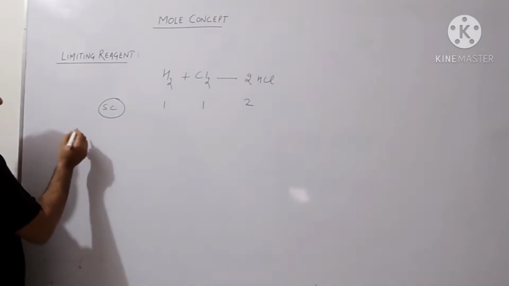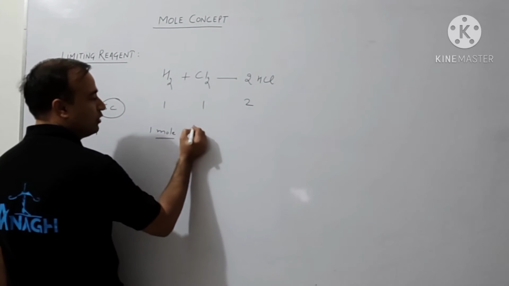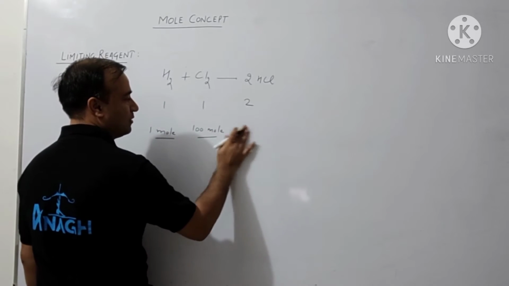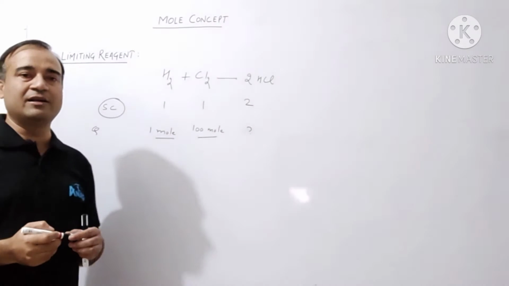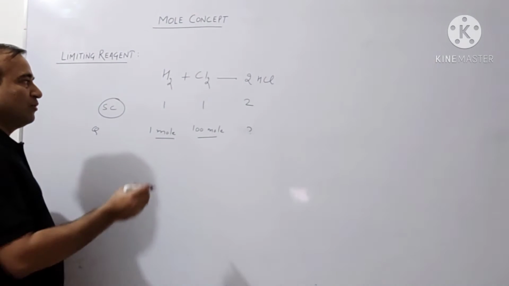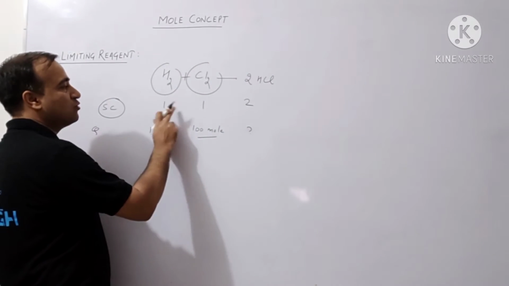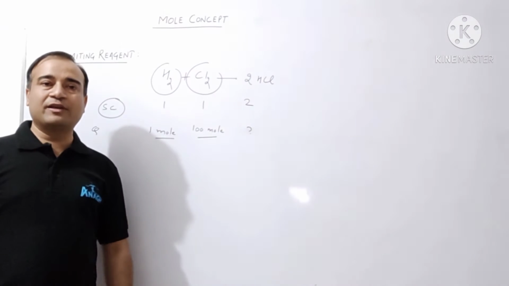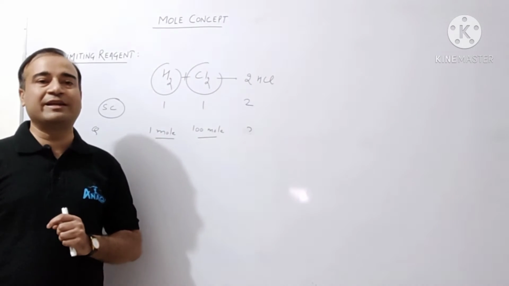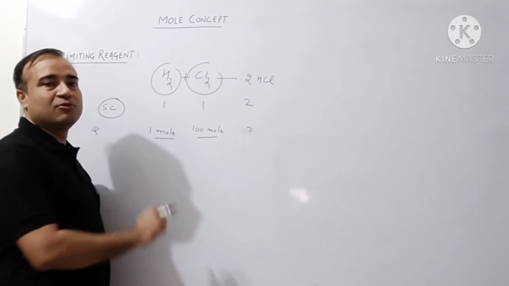So suppose in the given question, 1 mole of H2 is going to react with 100 moles of Cl2, and we need to find the amount of product formed. Suppose the amount of HCl in terms of moles is asked. In this case, I know reactants react in their stoichiometric proportions. So 1 mole of H2 must react with 1 mole of Cl2. Or we can say the number of moles of H2 reacted must be equal to the number of moles of chlorine reacted. But in this scenario, I have 1 mole of H2 and 100 moles of Cl2.